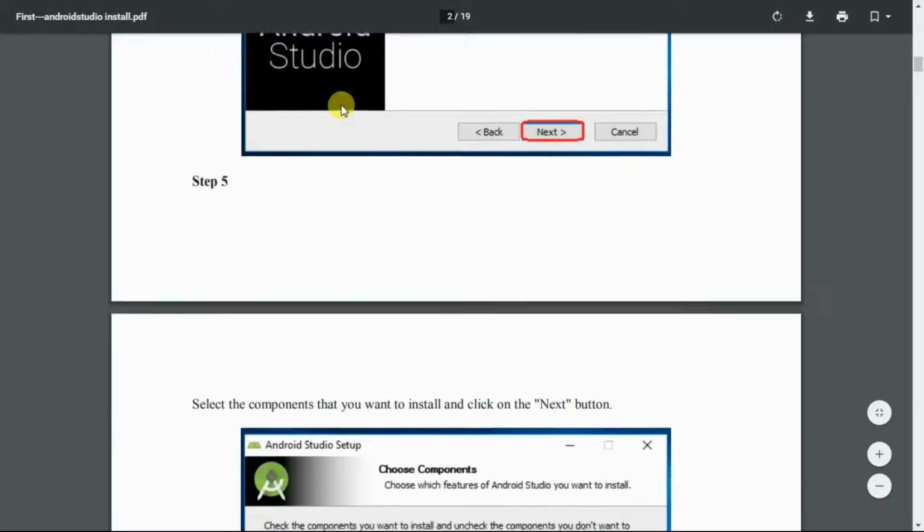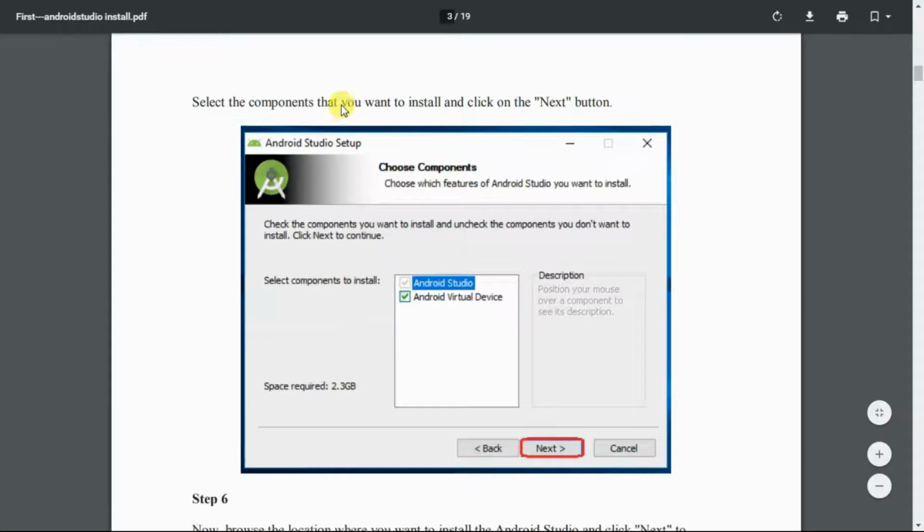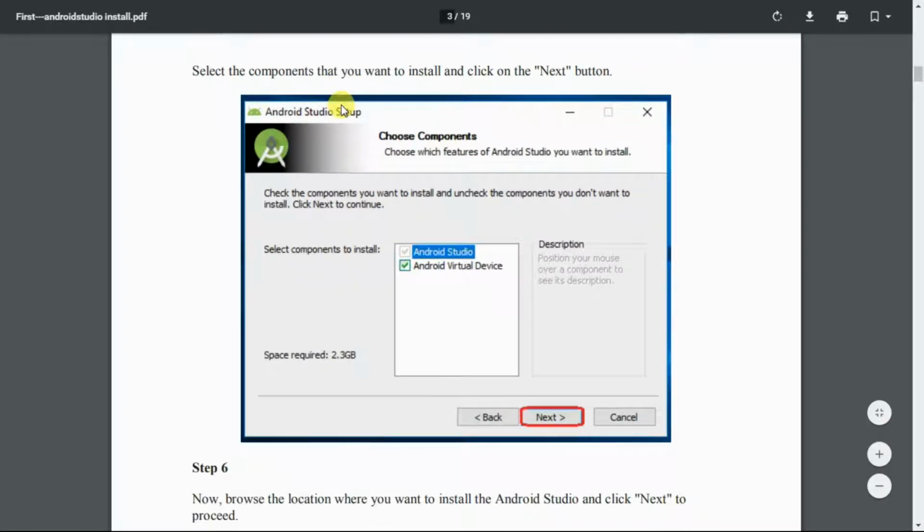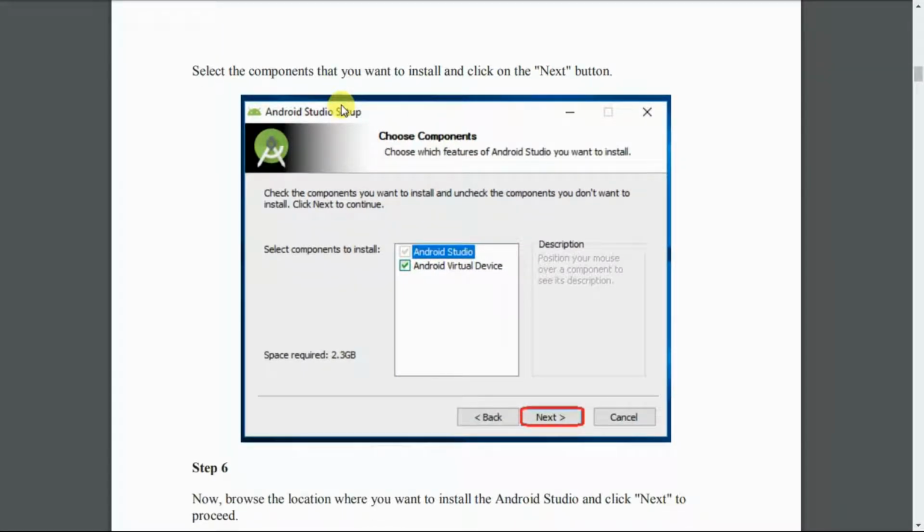After clicking the next button, you will get step 5, where you have to select Android Virtual Device, AVD. AVD is nothing but a way to configure an emulator. Say you are creating one application.